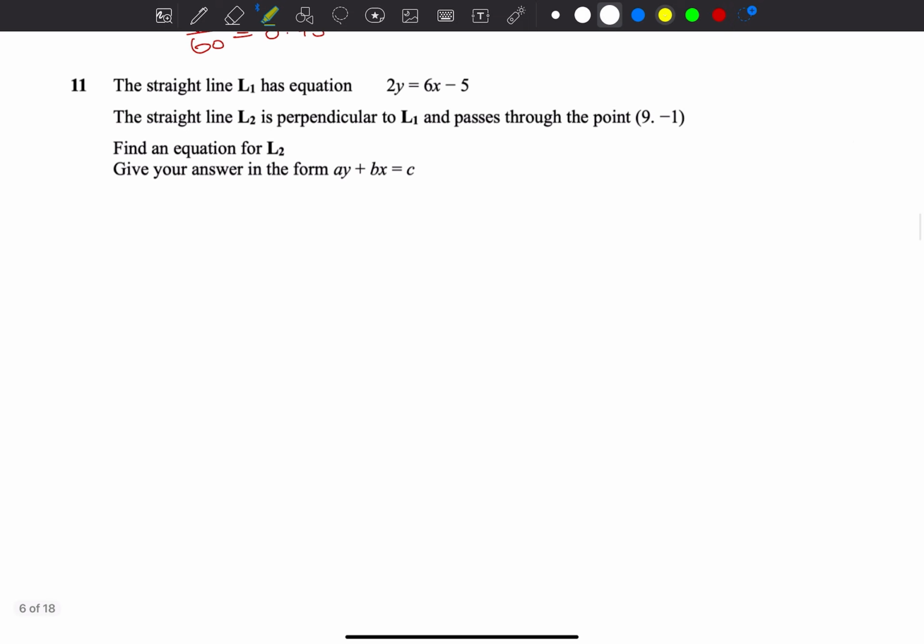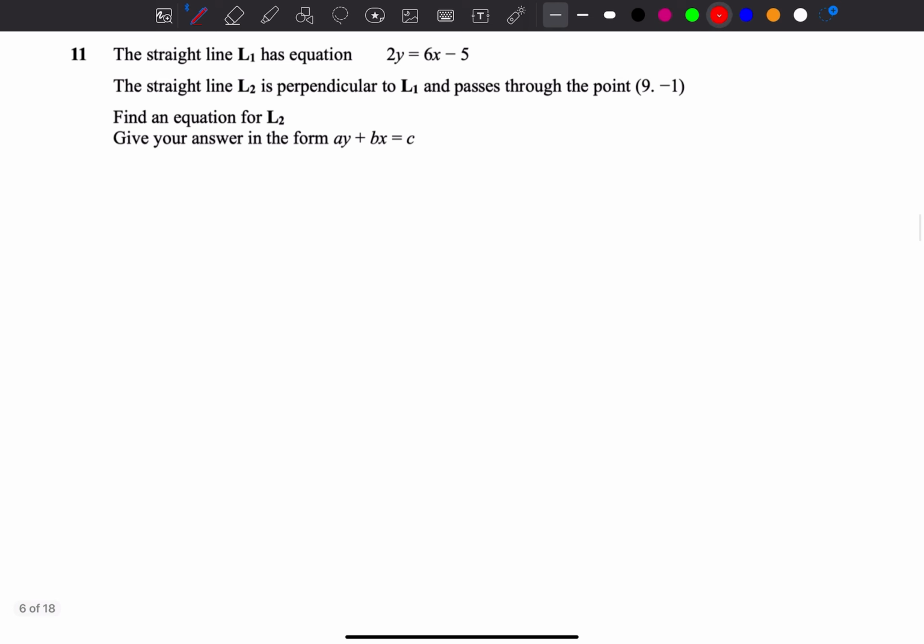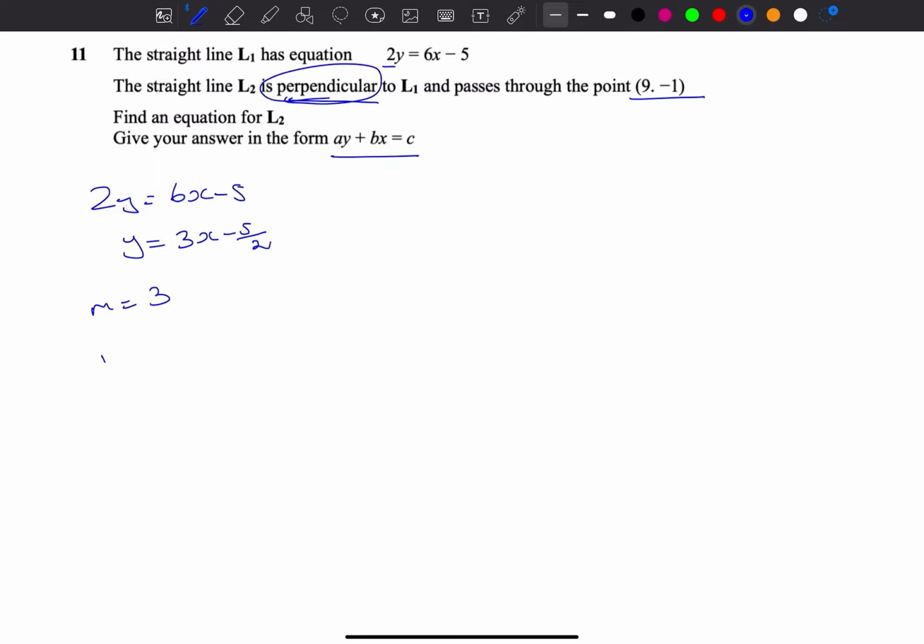All right, next one. In here you've got the equation of a line: 2y equals 6x minus 5. They want the perpendicular line going through that point in that form. First make sure y equals, dividing everything by 2, 3x minus 5 over 2. What is the gradient? The gradient of this line is 3. So you want a perpendicular gradient, which is, well, 3 means 3 over 1, a positive, so it's a negative, minus 1 over 3. So y equals